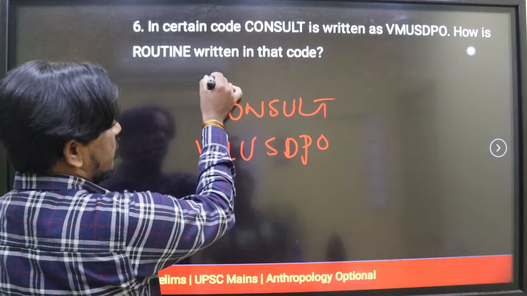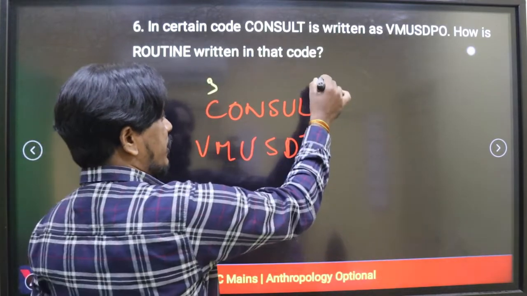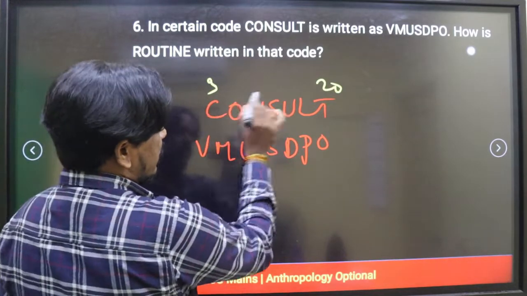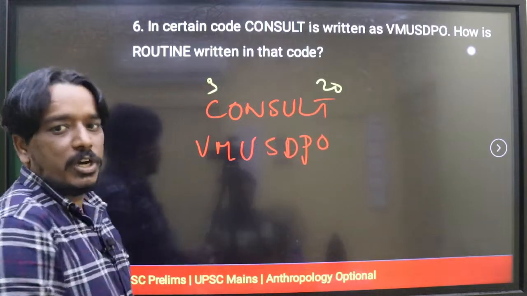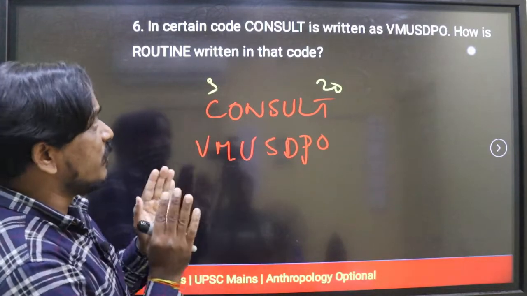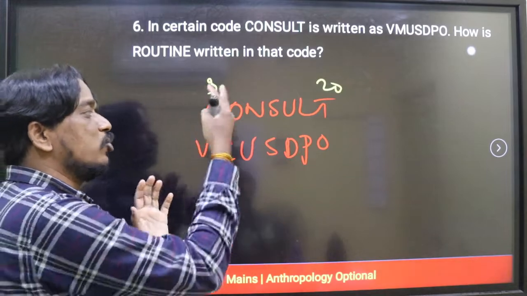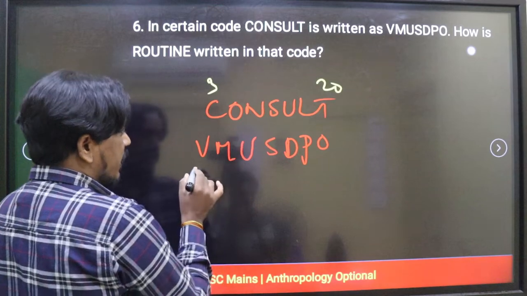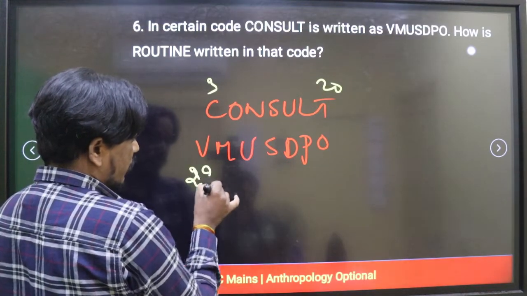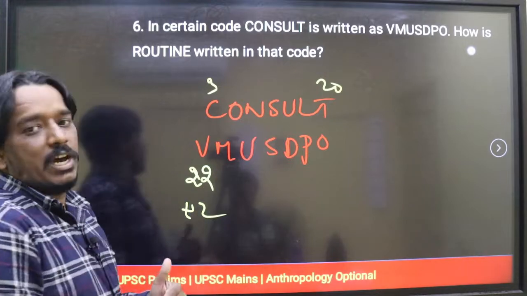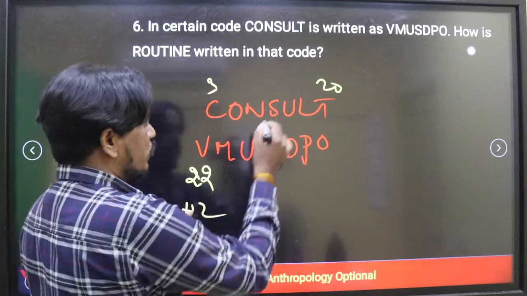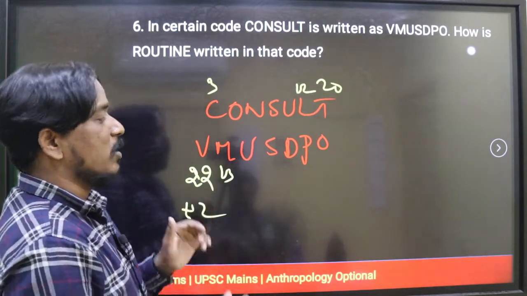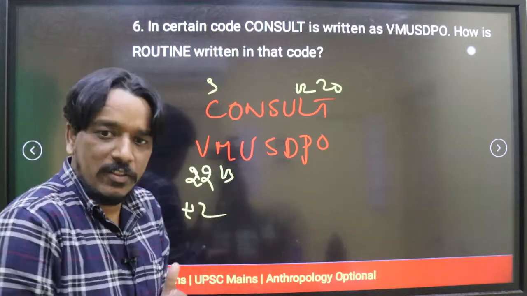C is actually 3 and T is 20. Is there any common pattern it is following? We have to understand here. Clear? See, if you observe the same position logic, and it is not working, you can check the cross logic. Even if cross logic is not working, what we can do is divide, right? But what pattern is working, if you observe, T is 20, here V is 22. It is going +2, but is it working or not, we will see. Next to L12, here we have L12, M is 13. So again +1 is there, but if it is not working, you can go for other logics also.